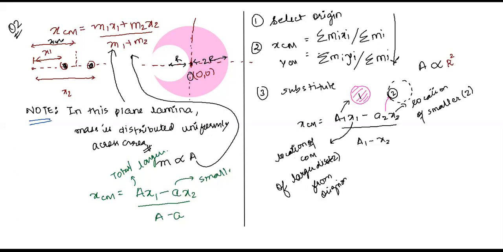Or 2, right? So all you have to do is write down what is x1. Can you tell this to me, Atul? What is x1? 0. Because of course the center of mass of this entire larger disk is at the center, at the origin. We can consider any point, sir. Any point. You'll always get the same answer according to the coordinate system which you have selected.